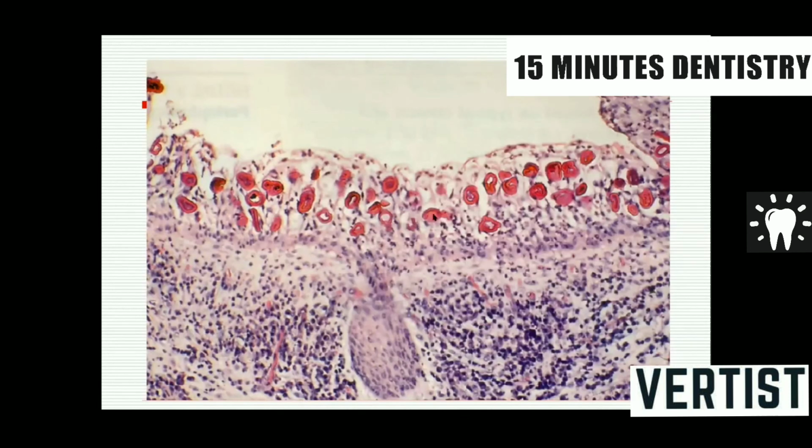Also in the epithelial lining of this cyst, we find eosinophilic amorphous bodies of various shapes. They could be hairpin-like, or circular, or laminar bodies, and they are called Rushton bodies. Again, there could be a small question asked in the short note or SAQ: write a note on Rushton bodies. So these Rushton bodies are found in the epithelial lining of radicular cyst, and they are eosinophilic amorphous bodies, and they are thought to be hematogenous in origin, or a type of keratin.